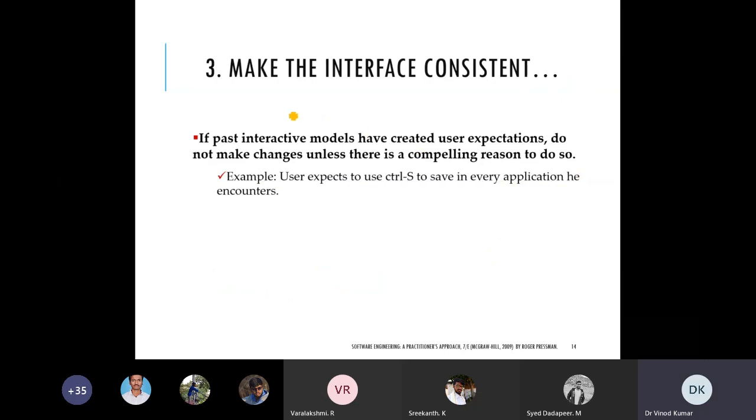Next one is to make the interface consistent. This says that if past interactive models have created user expectations, do not make changes unless there is a compelling reason to do so.